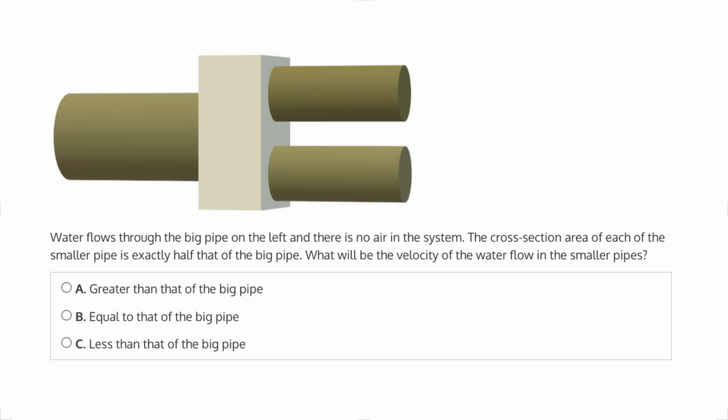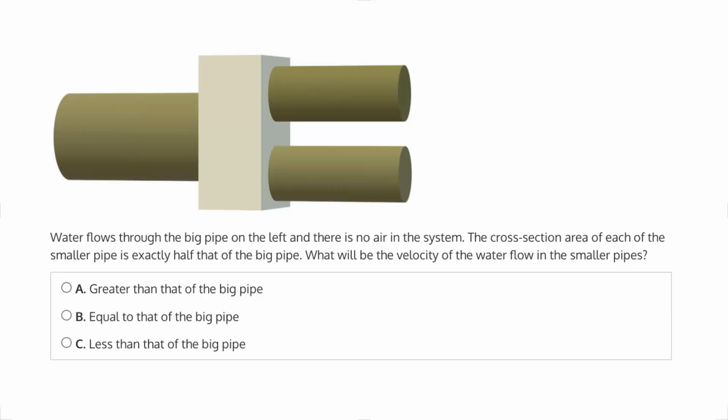This question says water flows through the big pipe on the left and there's no air in the system. So as water enters, it completely displaces the air and the entire volume of the pipe will be occupied with water. And then the question continues, the cross-sectional area of each of the smaller pipes is exactly half that of